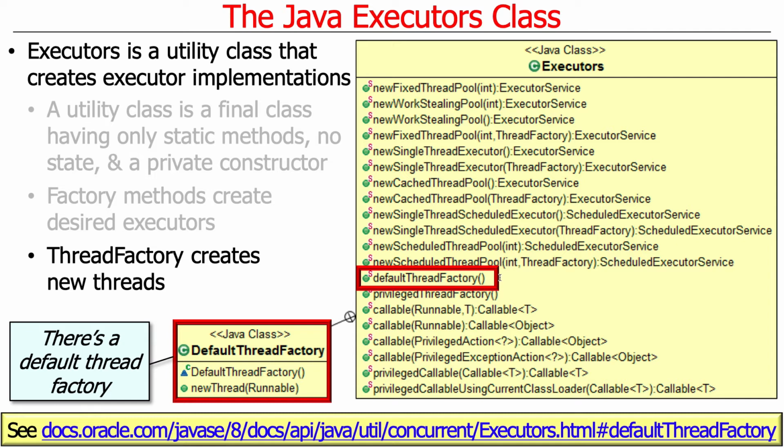You might have a situation where you want to be able to create new threads with a certain priority that's not the default priority. You might want to be able to create new threads with a certain name so that you could tell that they're part of some thread pool abstraction that you've defined. You might want to create threads with certain properties that you don't get by default, like setting the threads to be daemon threads, and so on and so forth. So you can control those things by simply implementing your own thread factory,